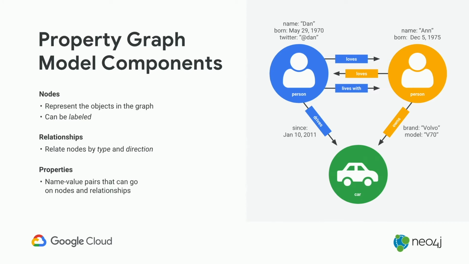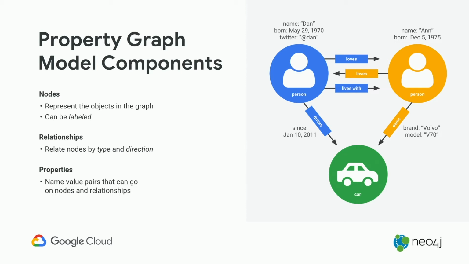How is this information structured, though? Property graphs, the name of the data model that Neo4j uses, is property graphs. It's very, very different from relations that you might be familiar with. Property graphs consist of nodes, relationships, and properties. Nodes are real objects in the graph. They're people, places, things, and they can be labeled. A relationship relates two nodes by both a type and a direction, and properties are simple name-value pairs that go